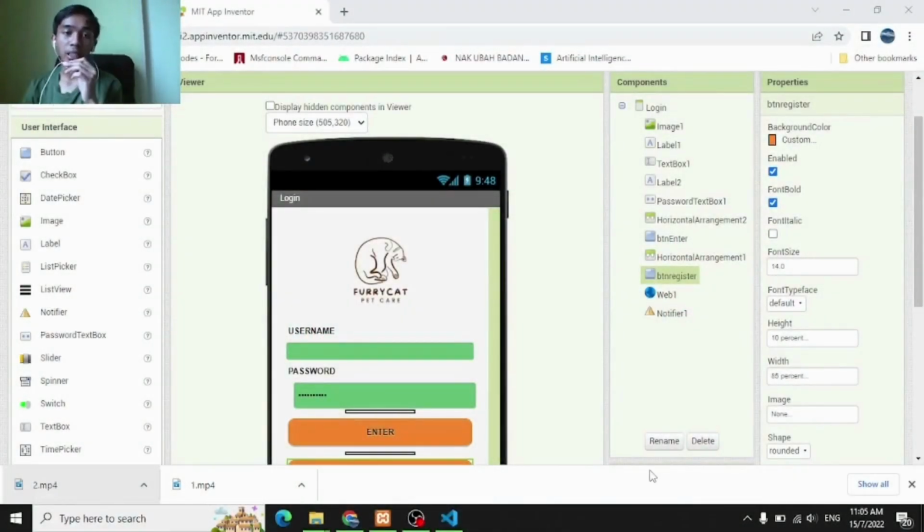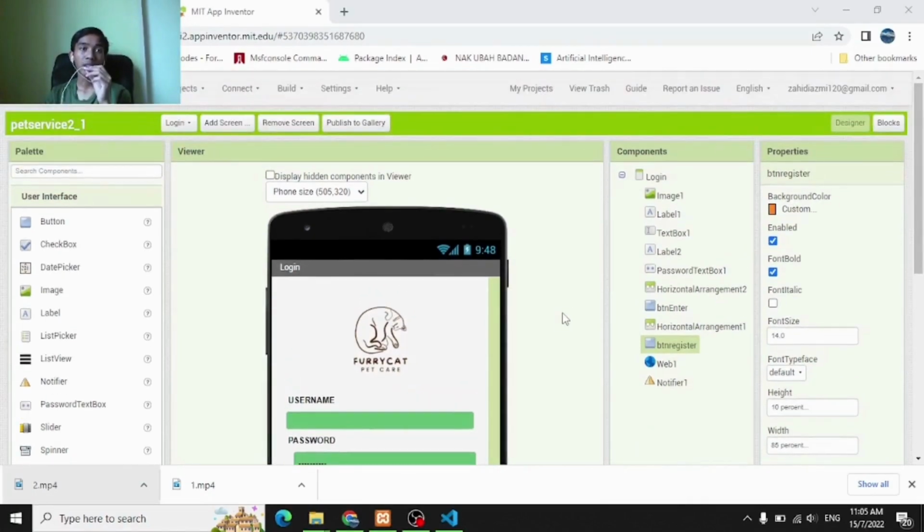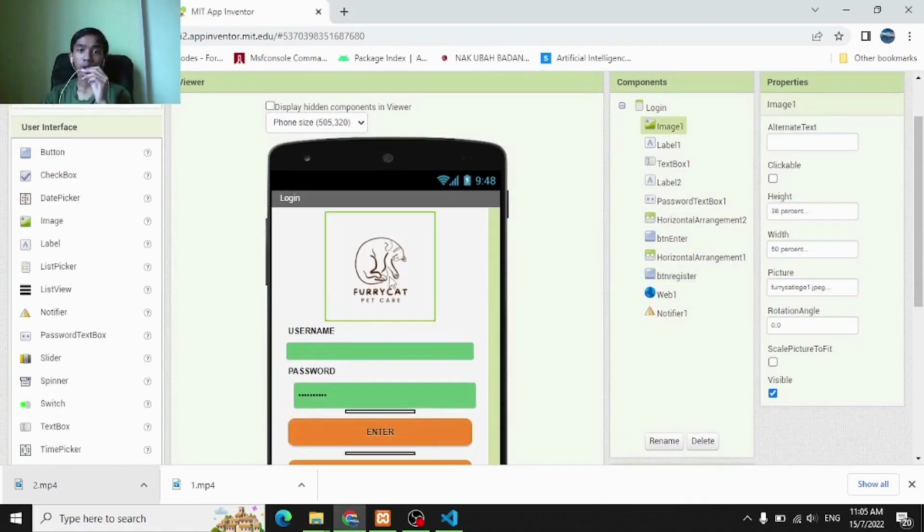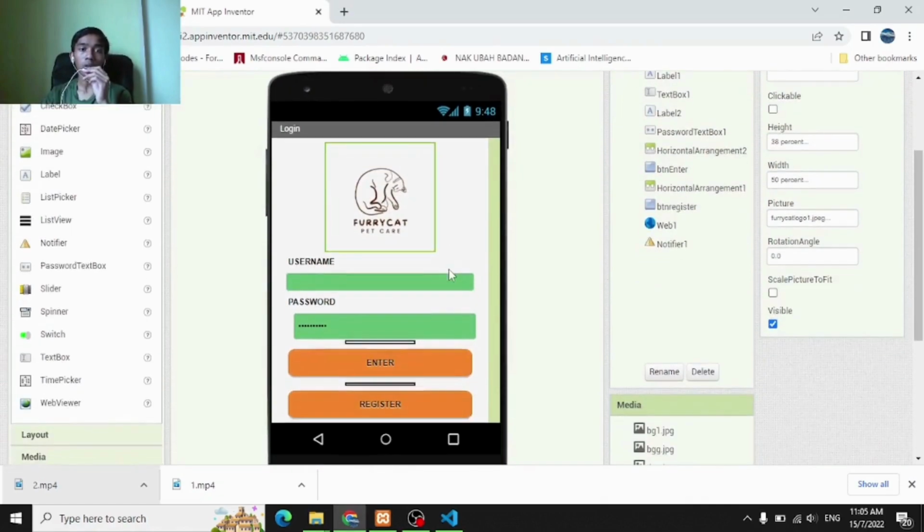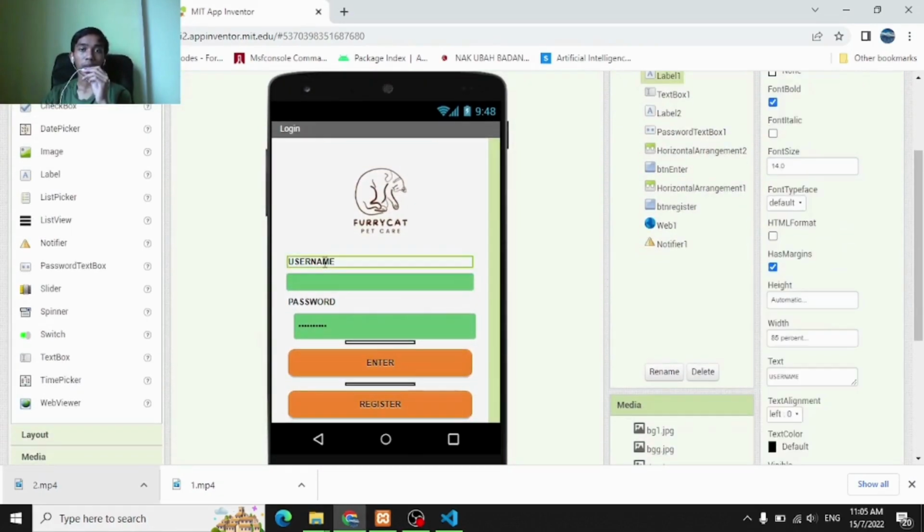Hi, my name is Ahmad bin Azmi, and today I will explain about our mobile application on MIT App Inventor. So as you can see, on the login screen, we use an image for our logo. We use a label